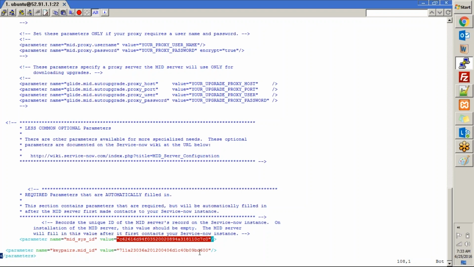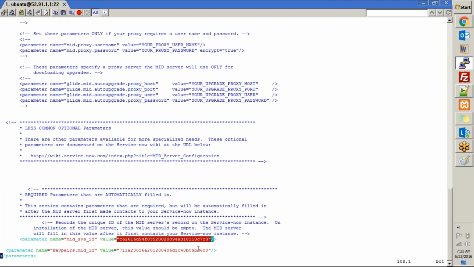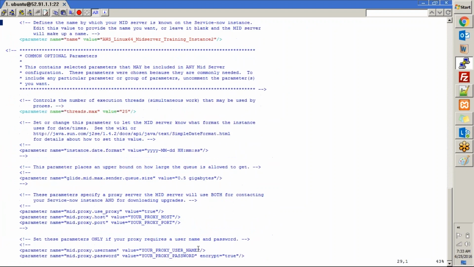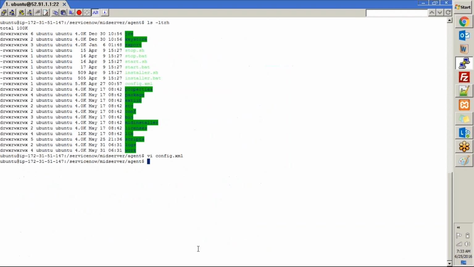So this is all you need to do in the configuration file that we just saw, right? Once you put these values in here, you will save this file and get out, right? That's it. You configure the file, you save it, and then to start this program,